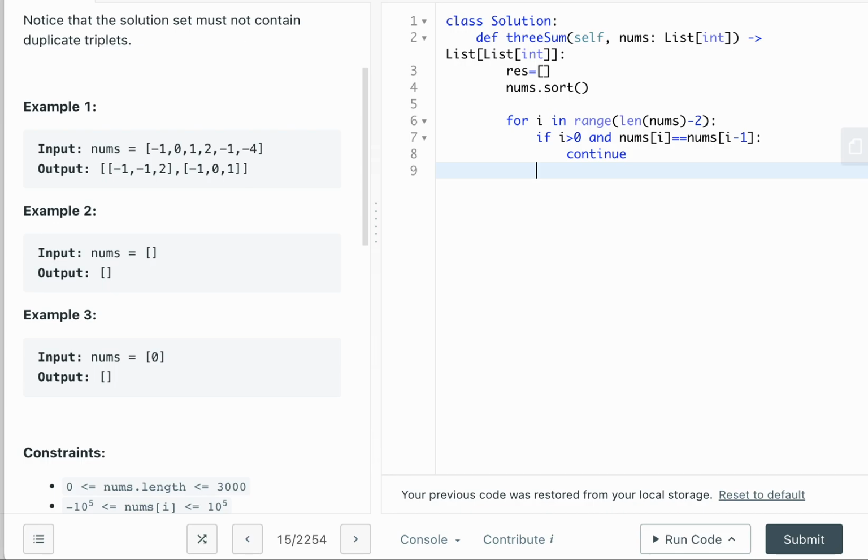Otherwise, I'm going to start i and also the left pointer and the right pointer. The left pointer will be i plus 1 at the beginning, right? And then the right pointer will be the length of nums minus 1 at the beginning. So for the rest of the code, it's actually like the 2sum2 combination. So I want to use 2 pointers to shift the pointer left and right. So while the left pointer is smaller than the right pointer,